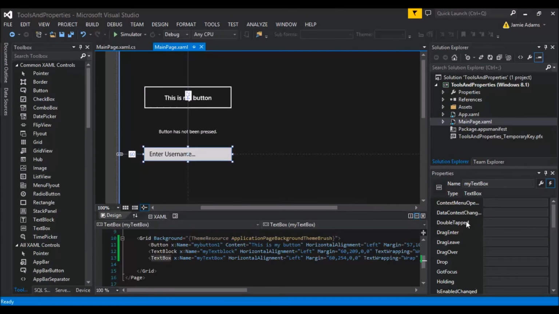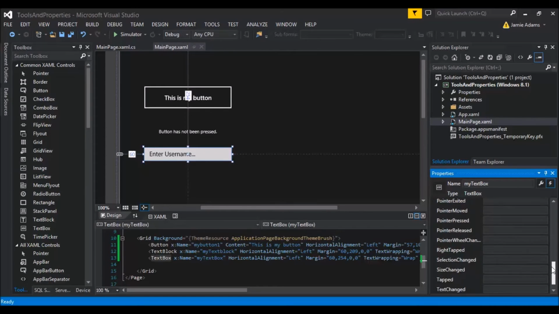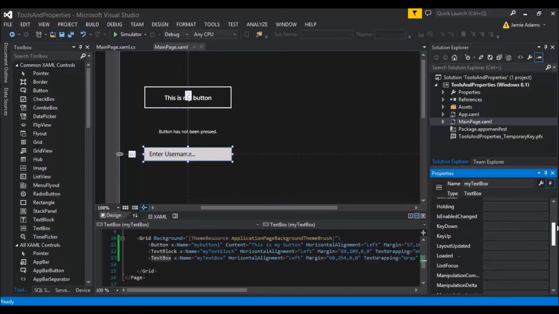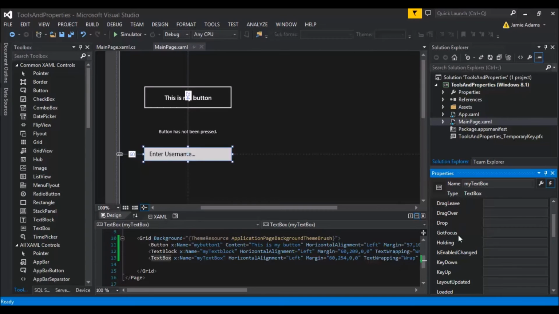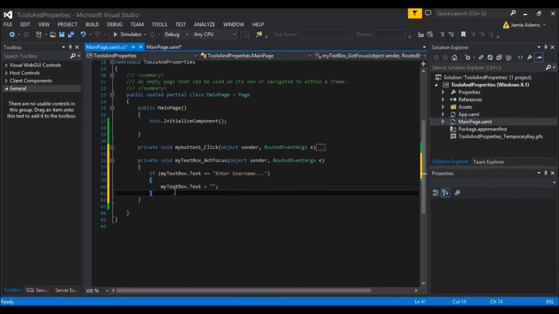So there's a way to solve this, and the way I do it in 8.1 is I use the focus. So there should be a focusing point. Yep, I got focus. So if we just go ahead and double click in this box, we've now been given our code as we wanted for the got focus part of the text box. And what we're going to do is put in a bit of code here, which is very simple. So first thing is to set an if statement to determine our text box text,